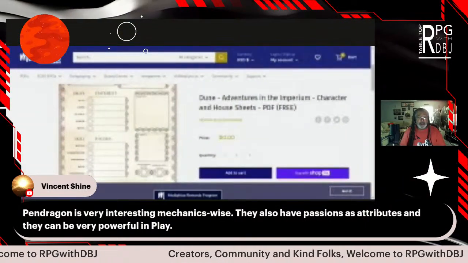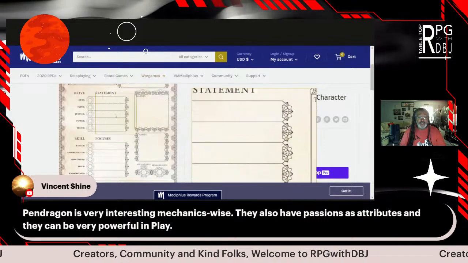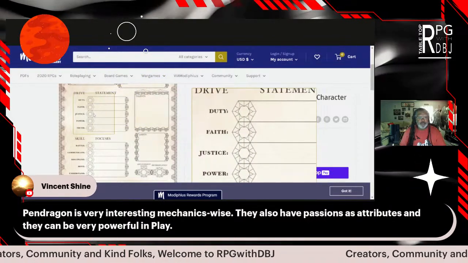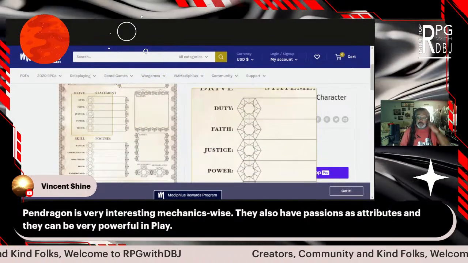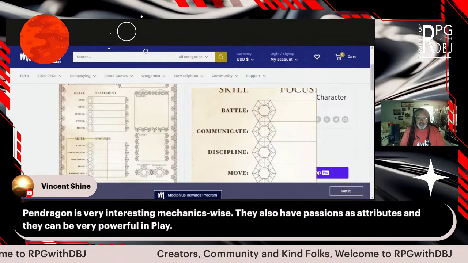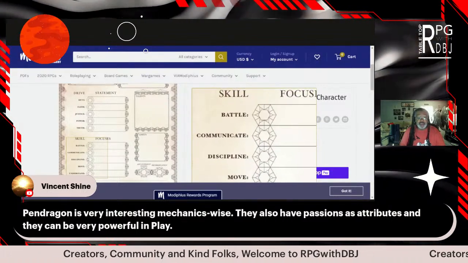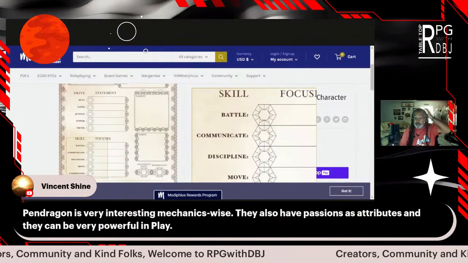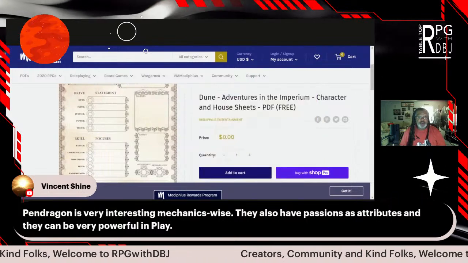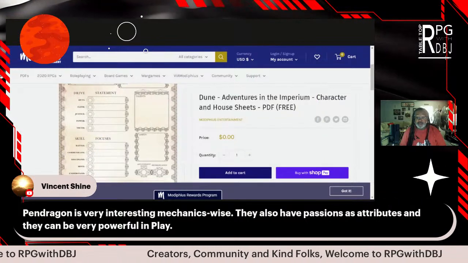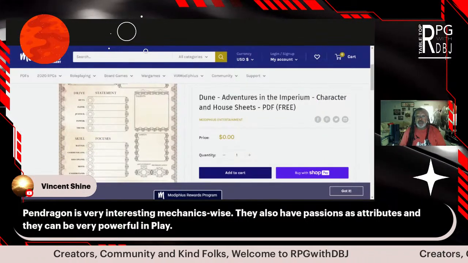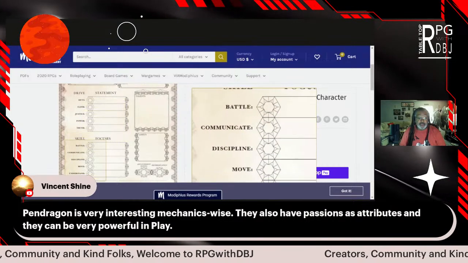Last before we get out of here. The Dune character sheet, and this is just an example. The Dune character sheet has skills on it. I don't know if you guys can see this. Okay, so the Dune character sheet, great, you guys can see it.